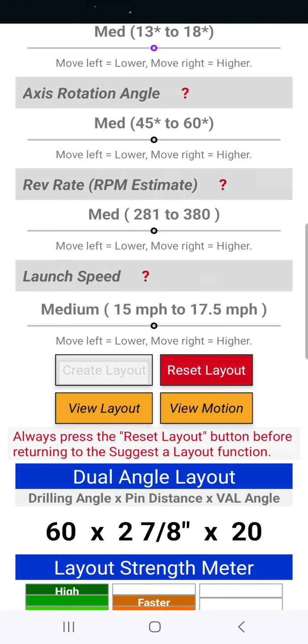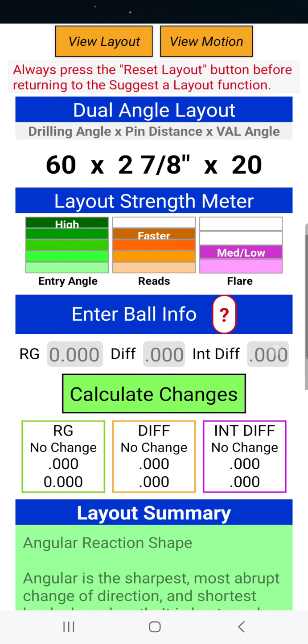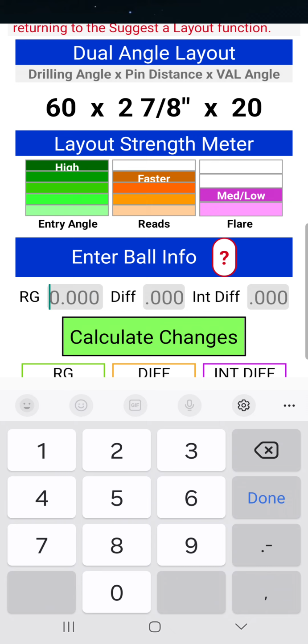It takes a few seconds. And this is giving me 60 by 2 7/8 by 20. And this is saying this is going to be a high entry angle, obviously, because I set it for angular. A faster mid lane read and a lowish flare. At 2.78, I wouldn't say that's low, if 3 3/8 is max. Interesting. Maybe I got that wrong. Okay, and then it gives you a breakdown of what all that means. In fact, I think it also says, if you were to put this is good, if you were to put the